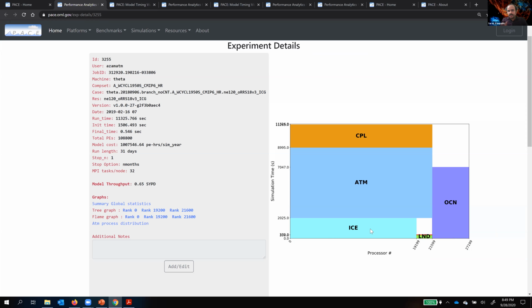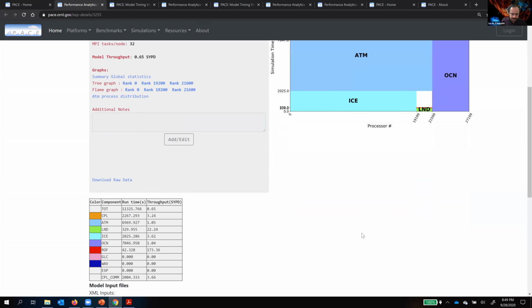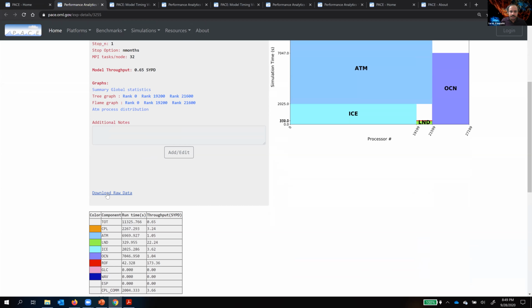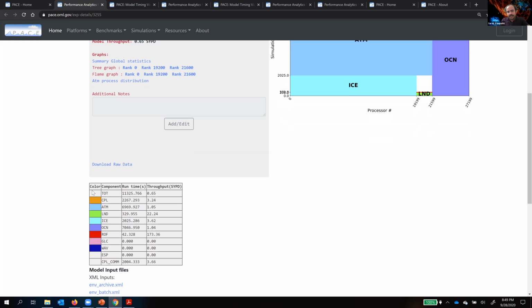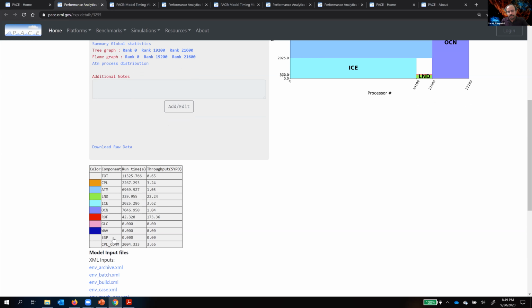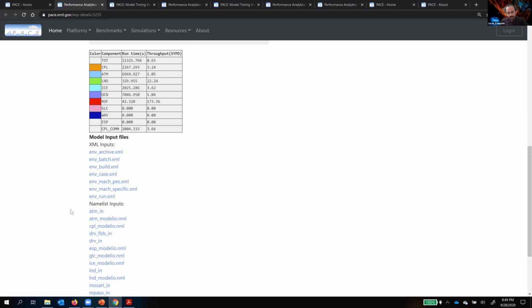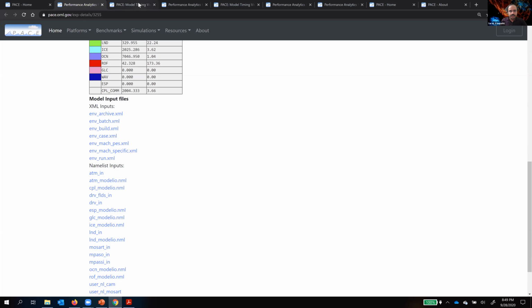This is where you see how these components are laid out MPI rank wise, as well as the performance data from that. You also have the ability to download the raw data. You get the zip file for this particular experiment. There is also a handy component throughput table and all the model input files that you can look at.